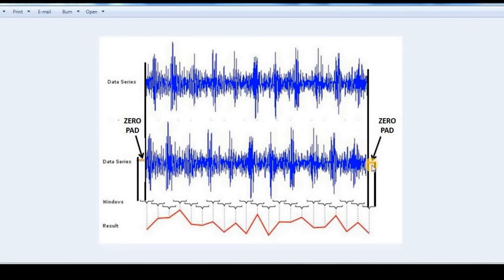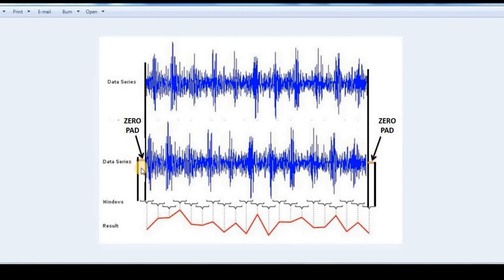You can find that there are two red lines, and this is known as zero padding. Zero padding is when you add some more samples to an existing data series and the value of these samples is taken as 0. It is just to lengthen the data series, which is time.